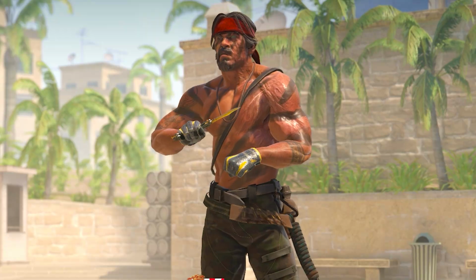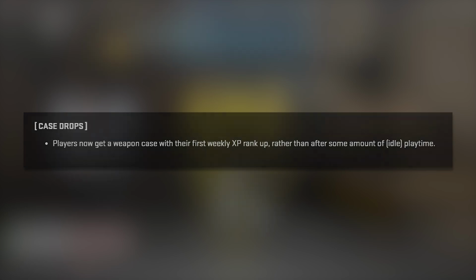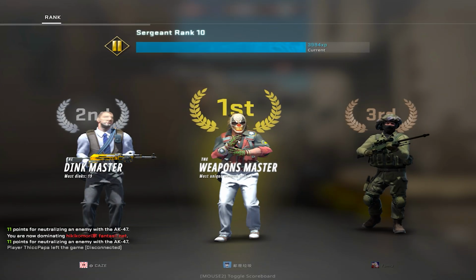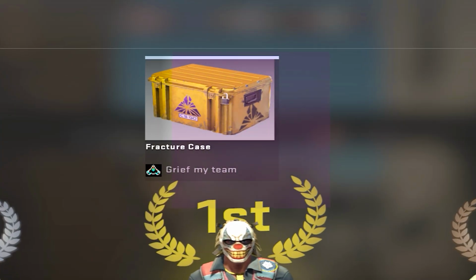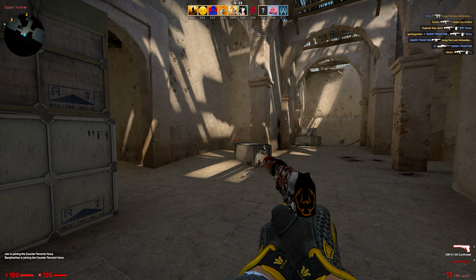Now, you might be like, how is that even possible? So let me explain. Basically, what this is saying is that as long as you play enough Counter-Strike in 1 week to level up your CS profile, you will get a guaranteed case drop along with the normal graffiti or skin drop. It seems like this change was mainly intended to stop players from sitting AFK in deathmatch lobbies